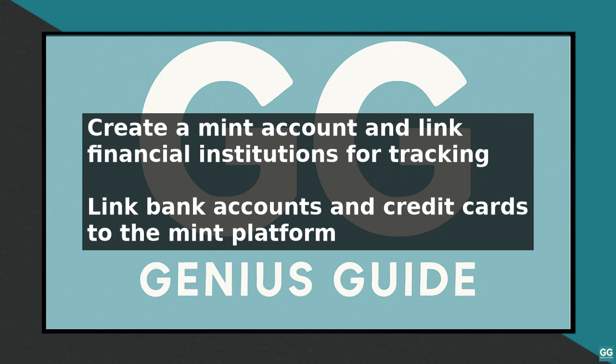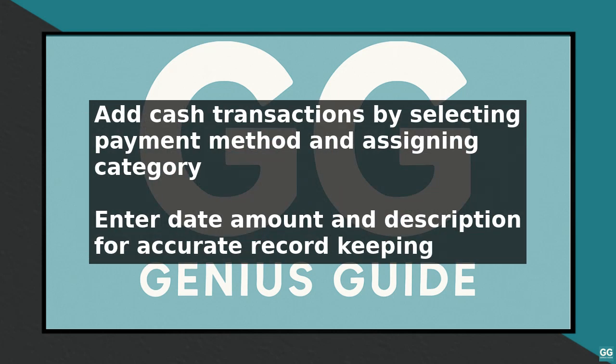On the Transactions page, you will see a list of all your transactions, including those made with cash. To add a cash transaction, click on the Add Transaction button and select cash as the payment method. Enter the date, amount, and description of the transaction, and assign it to a category such as food, transportation, or